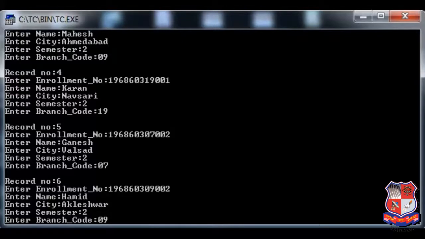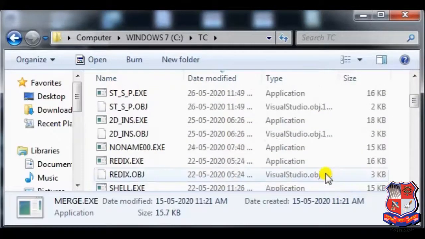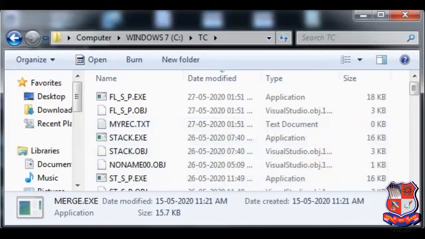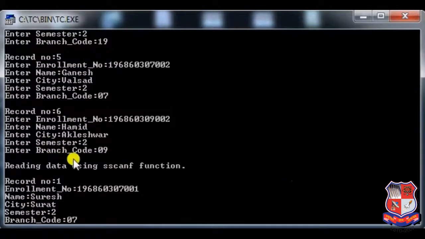As you can see, I have entered 6 records, but still it contains 0 bytes. Okay, as soon as I press enter key, now you can see data has already been inserted. Now it has started reading the data from the file.